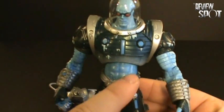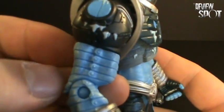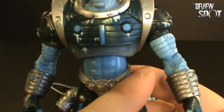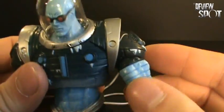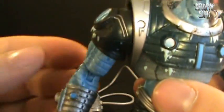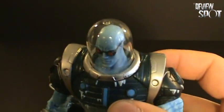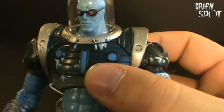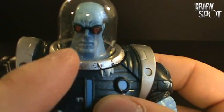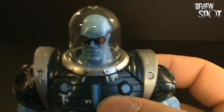It looks here like it's part of his body, but then he's got these, it looks like it's armor here, so I don't know if these are supposed to be his arms or if they're just repaints. I'm almost thinking it was a repaint. This was supposed to be a different color, but I do like the blue. I also do like the fact that you can even see condensation on the inside of his mask from him breathing,